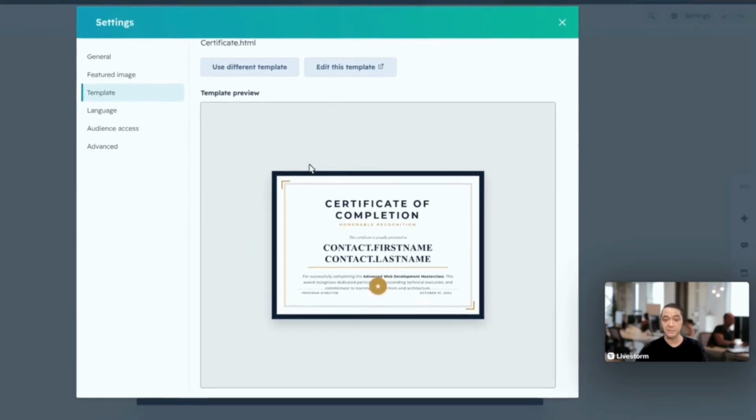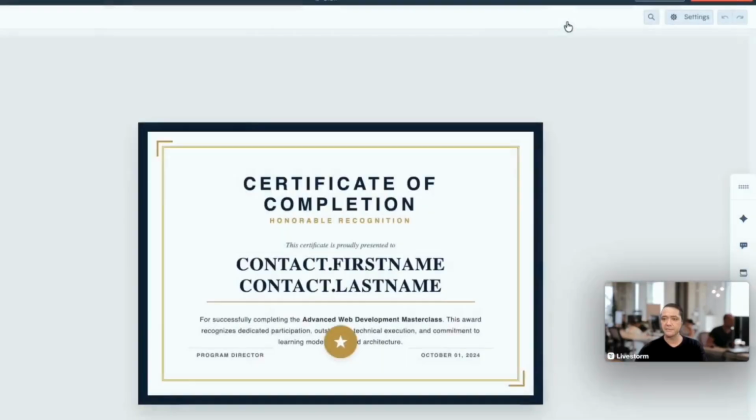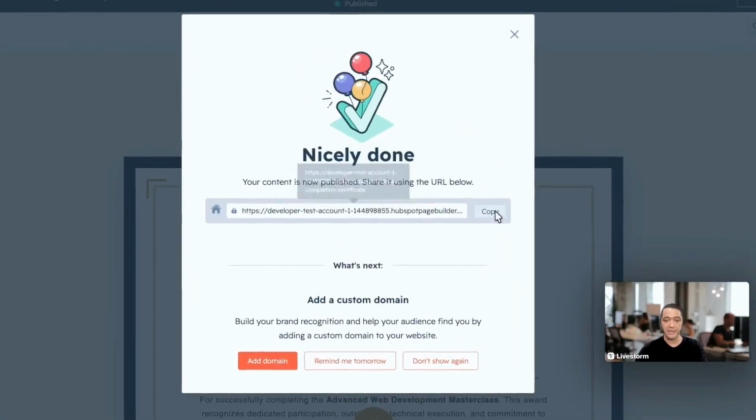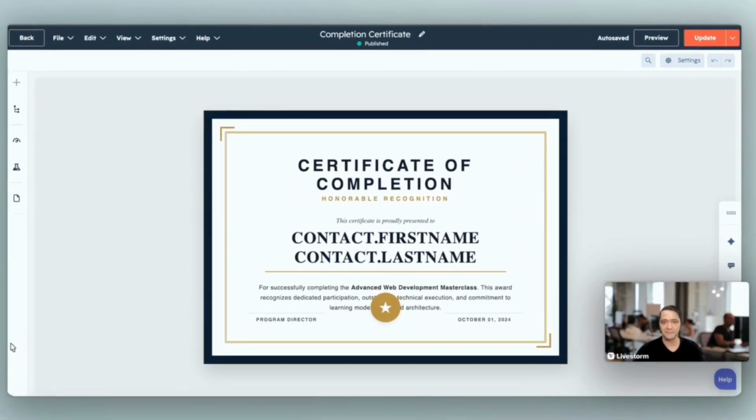We see another preview of the template here. I'm happy with the name and I'm happy with the domain. So for now, we'll close out of this and we're going to publish our landing page. We get a preview of the link here. So let's copy that. With our certificate landing page officially live, the next step is to draft an automated tracking